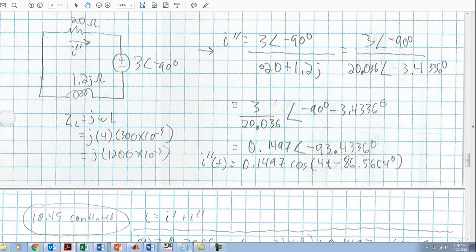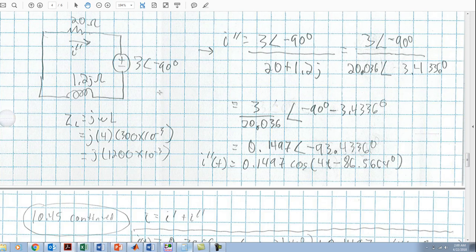We convert the denominator, the total impedance, to a phasor. And here we see 3 divided by the amplitude of the other phasor. We're subtracting the angles there. And so we ultimately get 0.1497 cosine of 4t minus 86.8664 degrees. And that should be actually going in the opposite direction of the current, so we should actually subtract